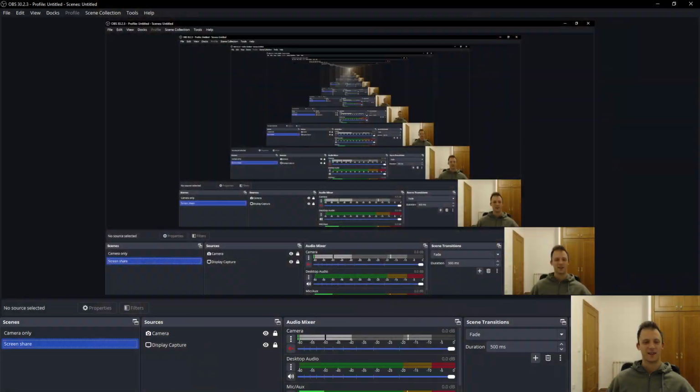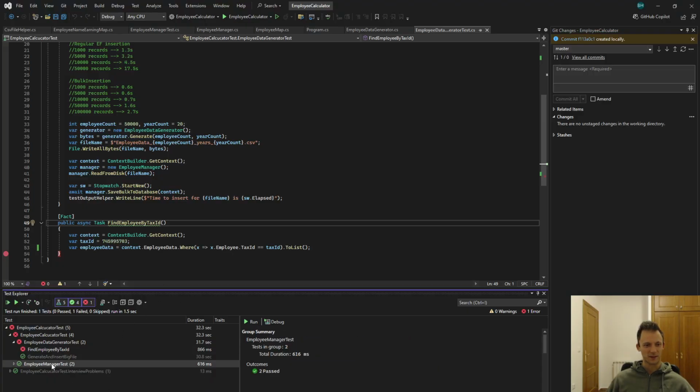Let's run tests, fix what is not working, and have a great code. Okay, let's fix this test. Basically, I have 4 tests. 2 of them are integration tests, 2 unit tests. And if I run this ones,